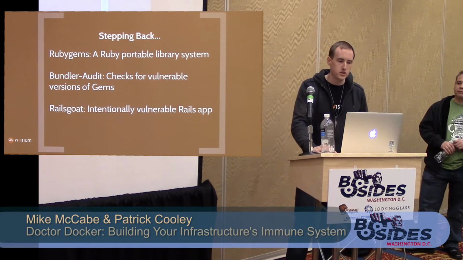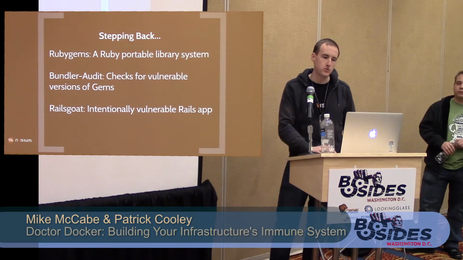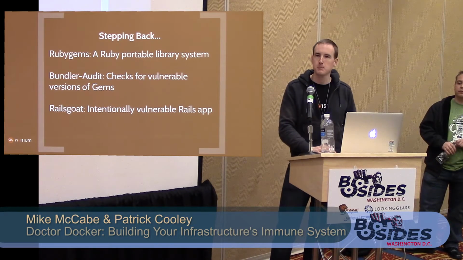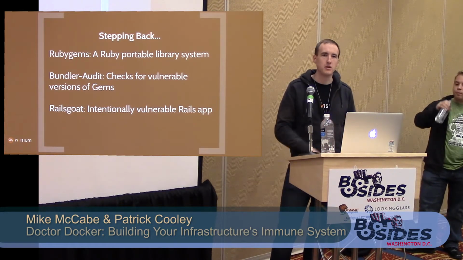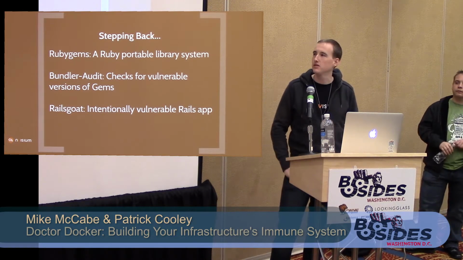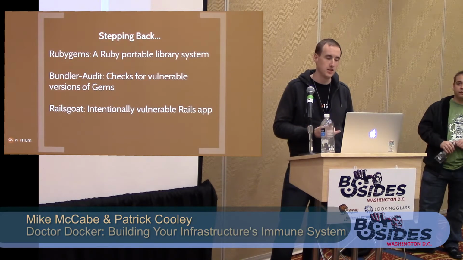So we use this tool called Bundler Audit. Basically what it does is check for vulnerable versions of gems. You have this thing called a Gemfile. It lists all the gems you use in your app, and then Bundler Audit reads that and looks for vulnerable versions. If you're from the Java world, there's a similar tool called Dependency Check. It's really useful. I suggest you use it because it will find